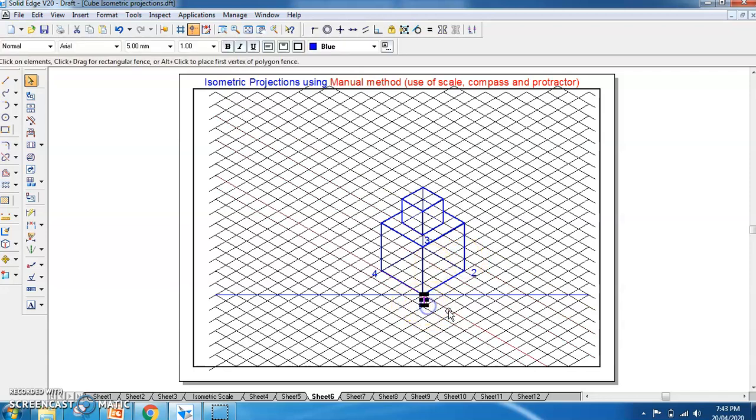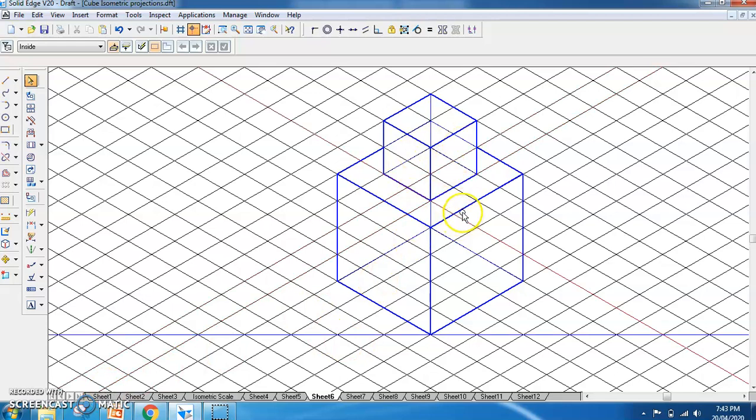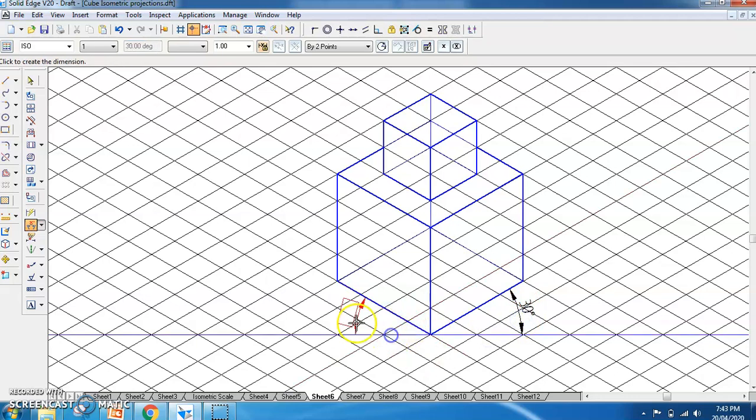So once you do this, you don't have to show these numbers here. Okay, so only for the construction purpose I had shown it here, so you don't show it there. Okay, on the final drawing. Okay, so you don't have to show any numbers and all like this. Okay, so just you should have one horizontal line, this view which is drawn here, and then you can show the angle. Okay, so angle of this line with respect to this horizontal, that is 30, and angle of this line with respect to this, that is shown as 30. Okay, so like this 30, and this is a combination which you have.